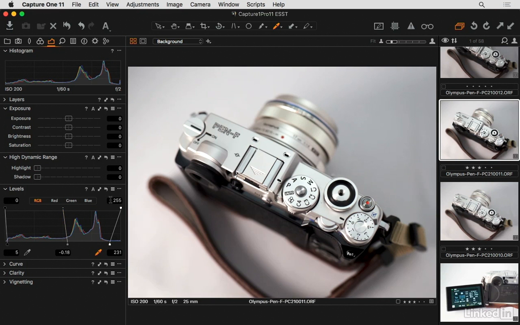Let's do before and after. Always so helpful to see where we came from. There we go. It looks a little flat. And now this has a lot more pop. Alrighty. So we'll just leave it there. I like that. One other thing about levels I want to mention, that if you want, you can make a